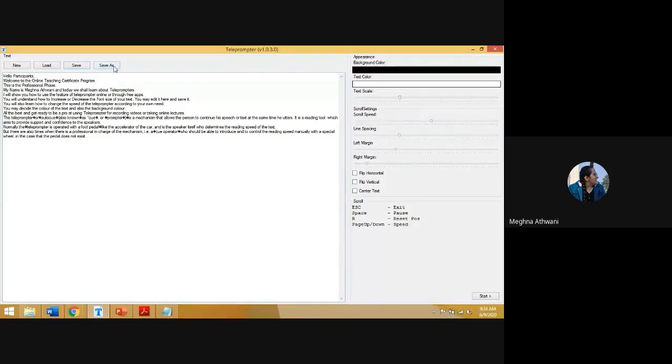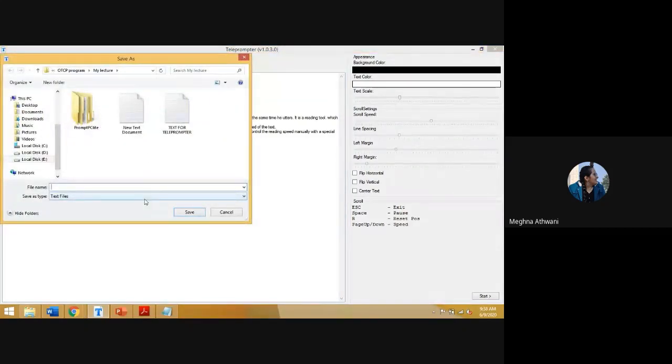And if you want to save somewhere else, you can save as. Again, if you see carefully, it will allow you to save files only in TXT format. That is why I told you in the beginning of the session that please save your script in TXT files.